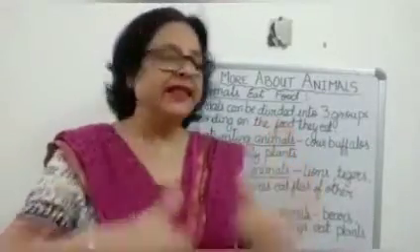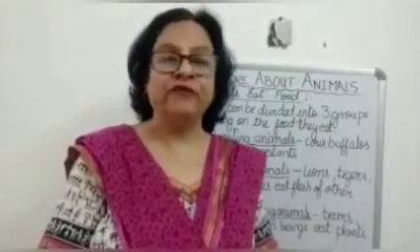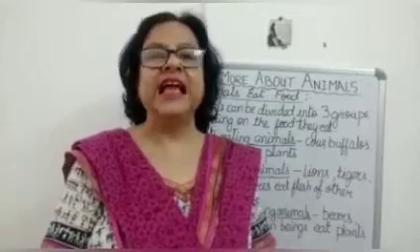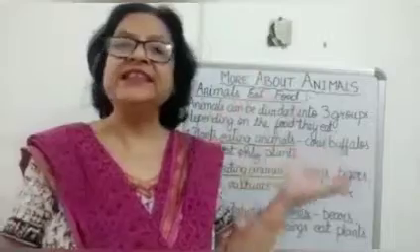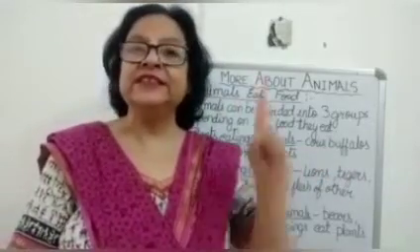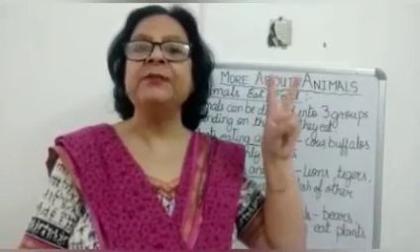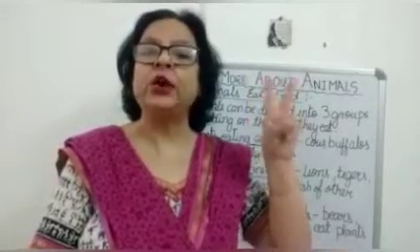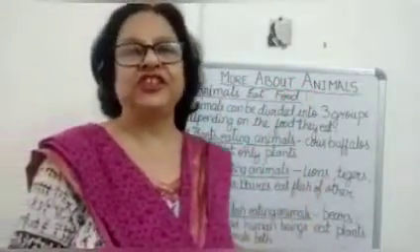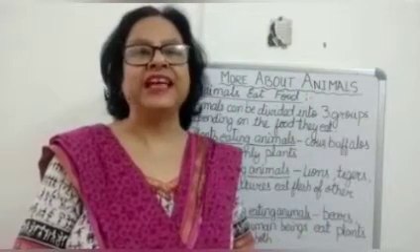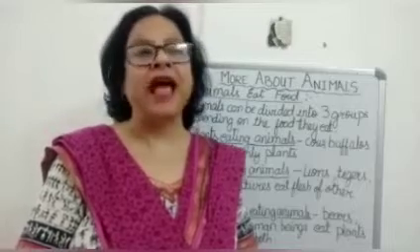Right, children? Now, flesh-eating animals, they are those animals that eat the flesh of other animals, and they are lion, tiger, eagle, vultures, and so on. Right, children? First is plant-eating animals, animals that eat only plants. Flesh-eating animals, animals that eat only and only flesh of other animals. Third type is plant and flesh-eating animals. These are those animals which can eat plants and flesh of other animals too.